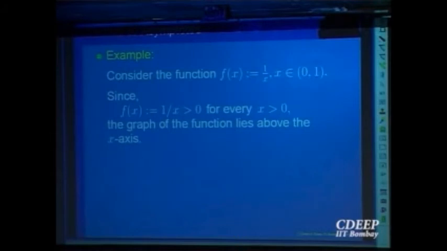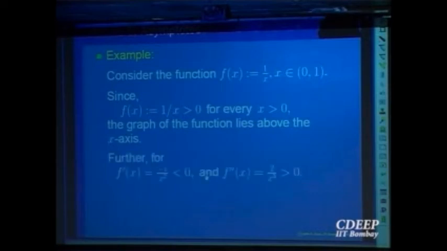And it always stays above the graph of the function. 1 over x is always bigger than 0. So the graph will always stay above the x-axis, and this is monotonically decreasing. So what should happen? We know that 1 over x is becoming smaller and smaller as x, positive, becomes larger and larger. So it is coming closer and closer to the x-axis, right?